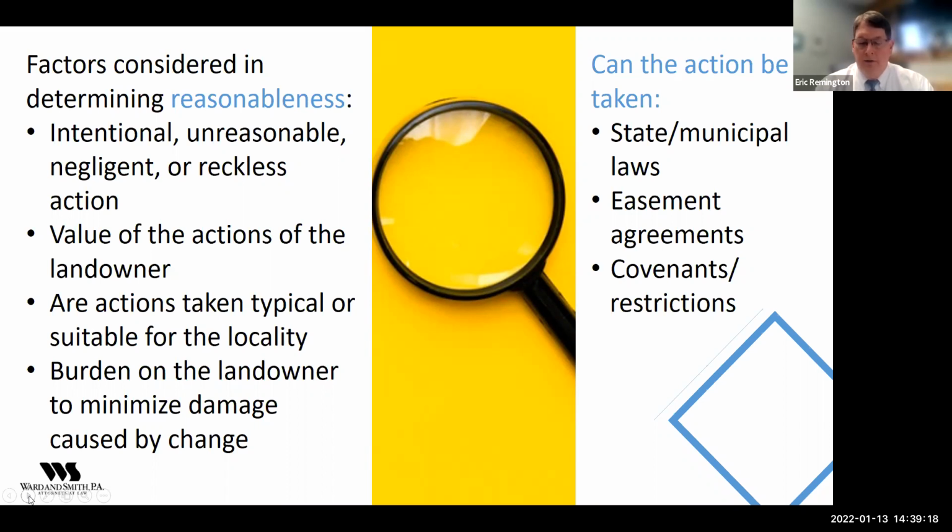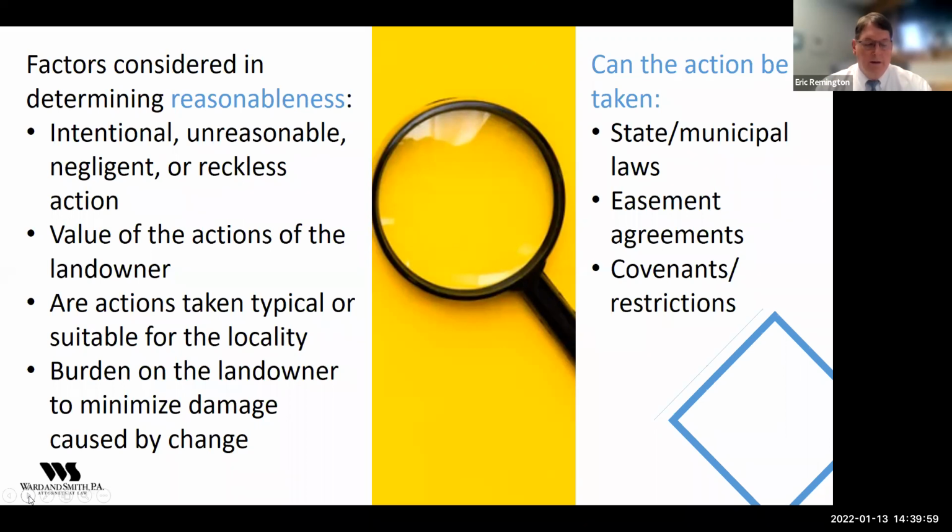Now, all of the action that is taken to improve land is intentional. So there has to be something a little bit more than doing it intentionally, because again, if they've used reasonable engineering standards, they've gone through the proper approval processes and things like that, and they've had their project approved, and then they construct it according to the plans, then they're probably going to be found to have made a reasonable use of their property. But it's where they deviate from the plans, they don't get approval for plans, or they make changes to the plans after they've been approved, that they can get in trouble.